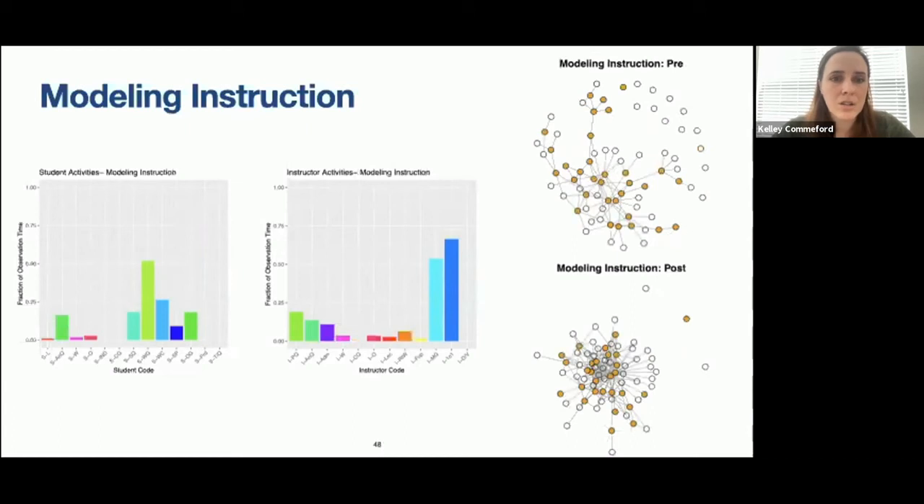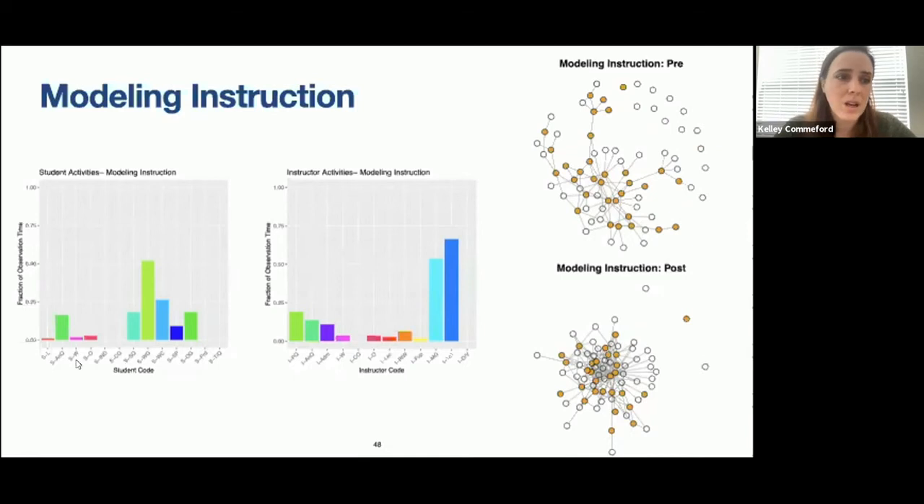In modeling instruction, we end up getting most of the codes lighting up for our instructor. So they're mostly doing some moving around the room, guiding instruction, talking to the individual groups of students. But there are occasional times where they need to clarify something if they're noticing a trend of students having misconceptions